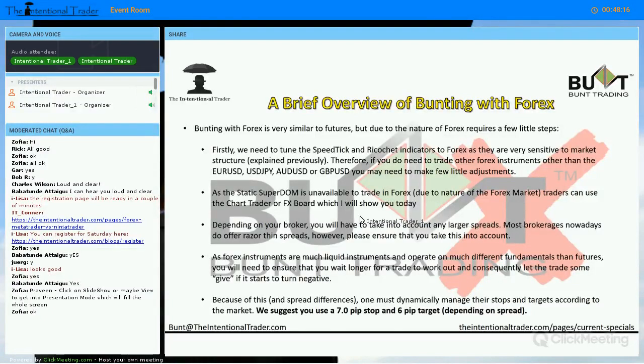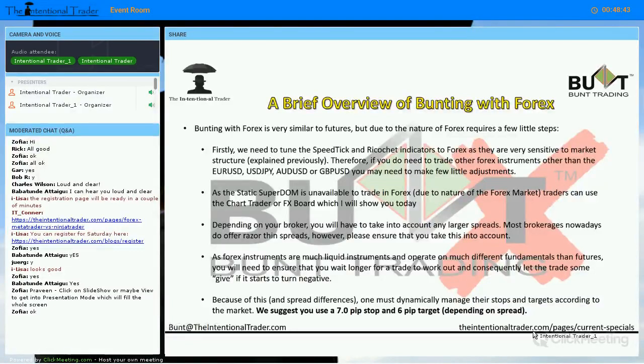So most brokerages nowadays have razor thin spreads, but please do ensure that you take spreads into account. And when you do, your profit target and your stop loss should dynamically change for the broker that you're trading with. So make sure of that. Because of this,